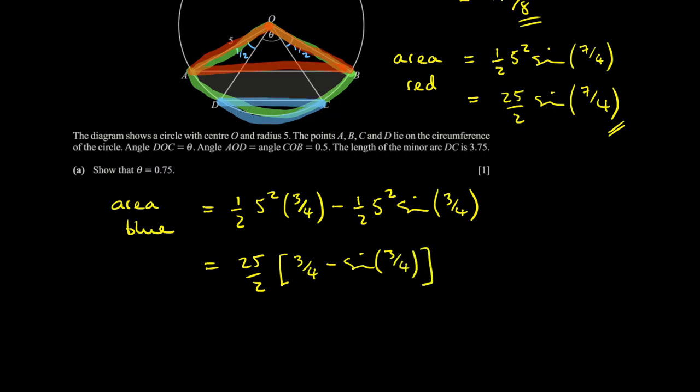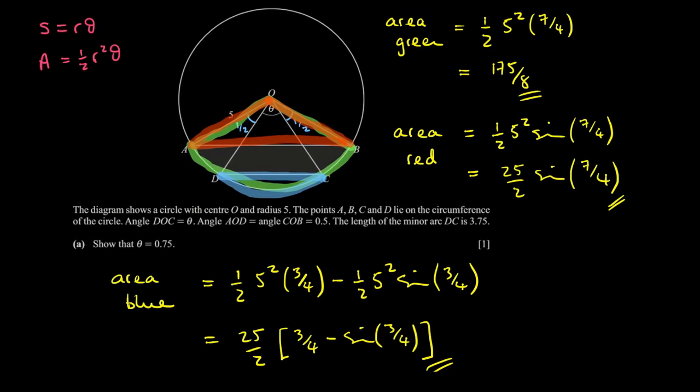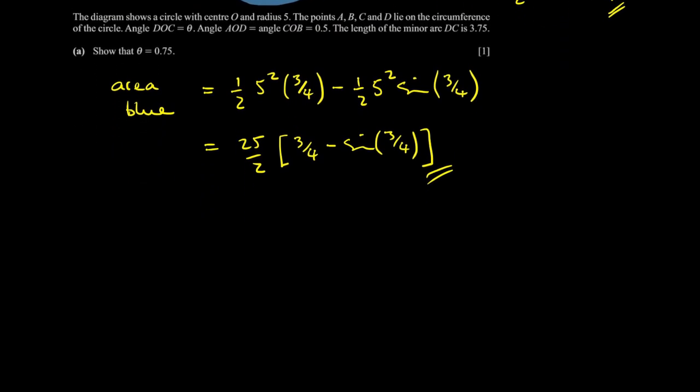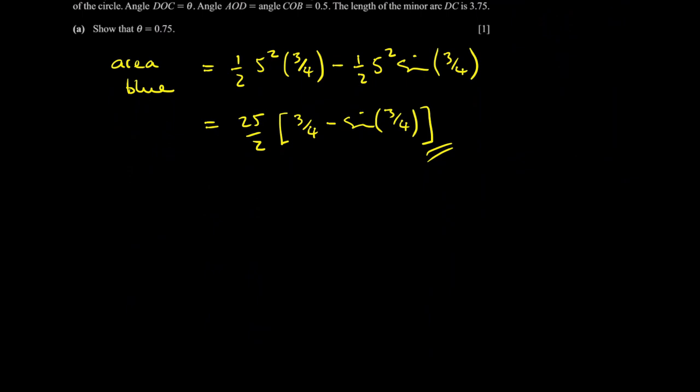Okay, and I think we can now just piece all of this together because what I said at the beginning is that the area of that shaded region is going to be the same thing as the area of the whole big green sector minus the area of the red triangle minus the area of that little blue sliver there. So let me piece all of that together. The total area of the shaded